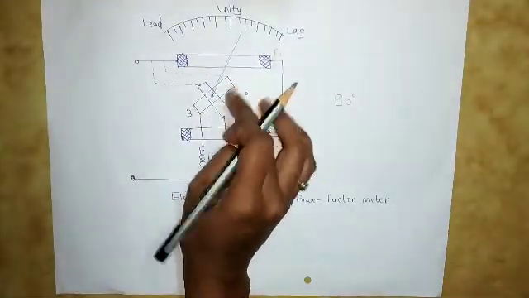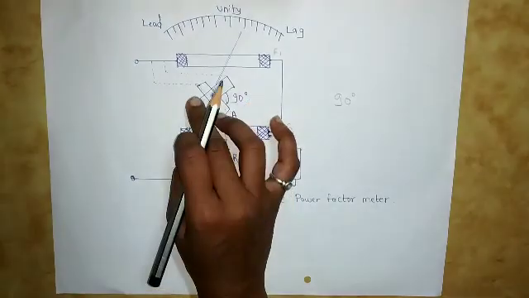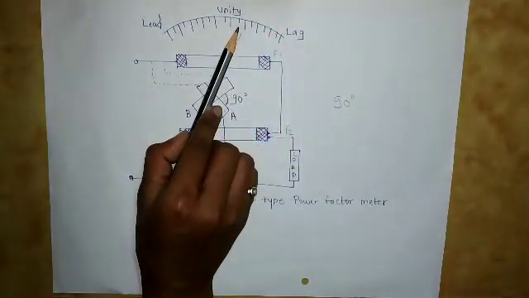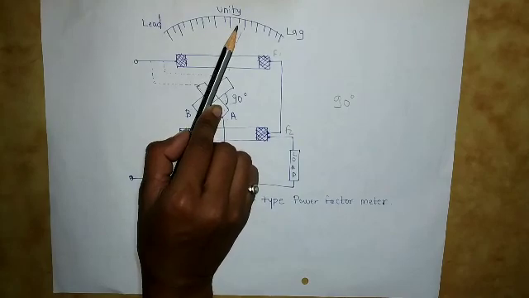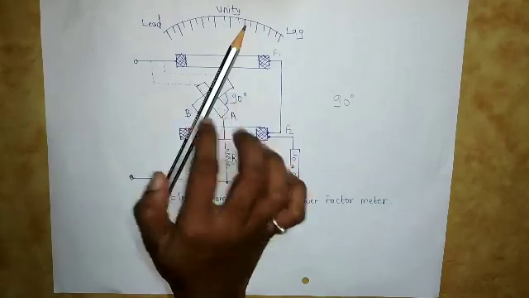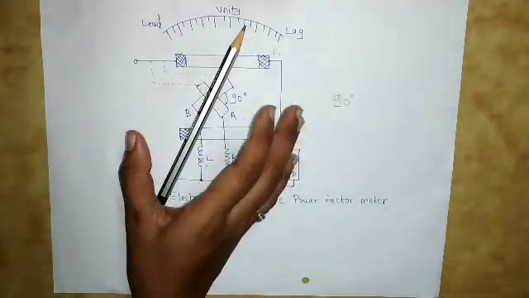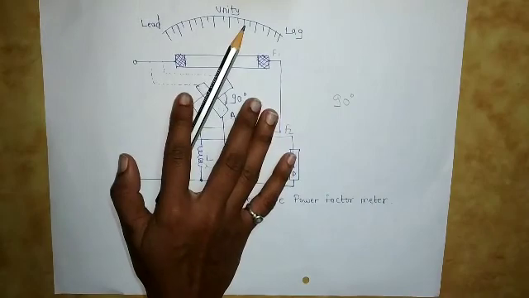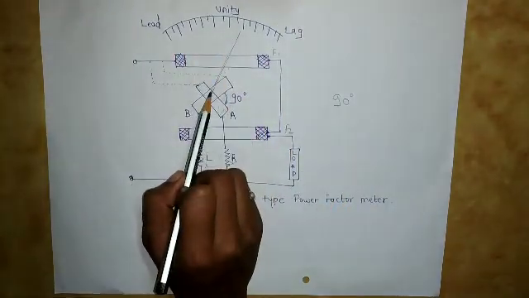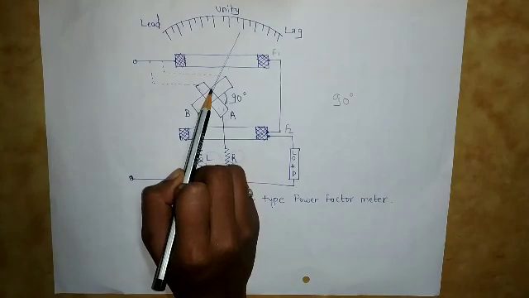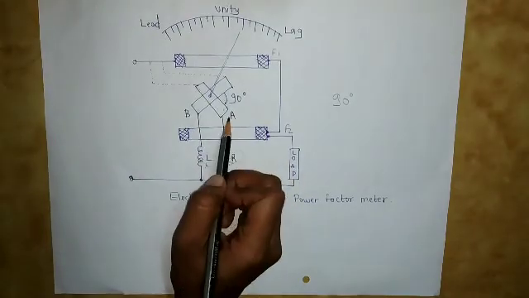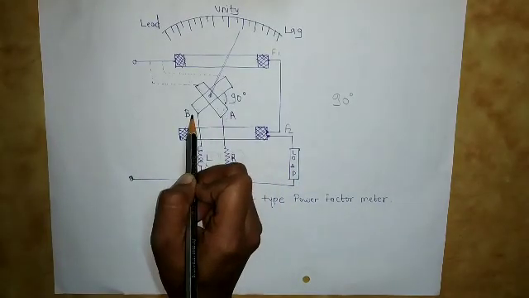The torque whatever this coil will experience, this A and B, they will be opposite to each other. Hence this pointer will be in equilibrium whenever these two torques of A and B are opposite to each other. Okay, so the pointer attached to this will maintain its position at equilibrium when these two torques are equal. Which torque? Torque on the A coil and torque on the B coil.